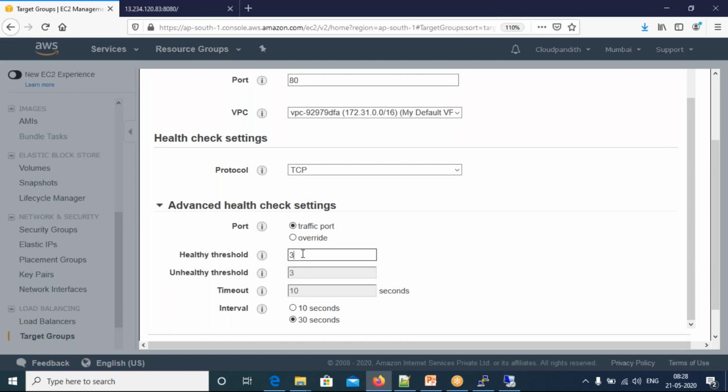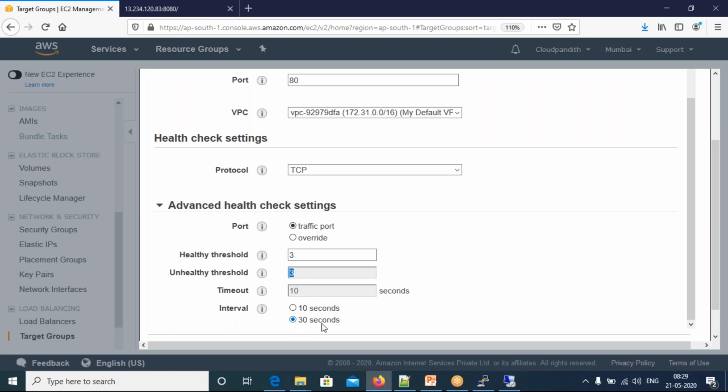If it is continuously receiving healthy 3 times, then it will finalize that this server is healthy. If it is receiving unhealthy 3 times continuously, then it will think that this server is unhealthy. If now it is unhealthy, and the next time I check it is saying healthy, then I'm not confirming whether it is healthy or unhealthy. We don't know. That's why if you receive unhealthy 3 times continuously, then you declare that this server is dead.